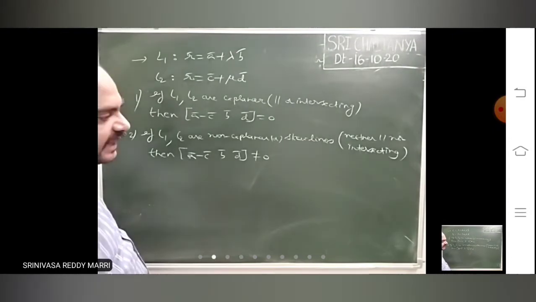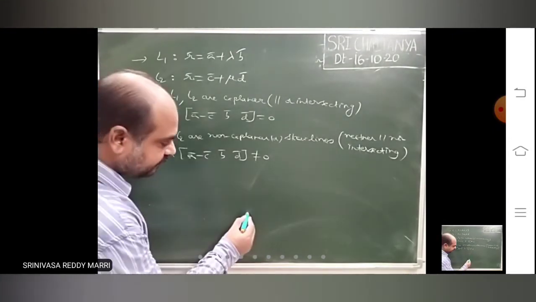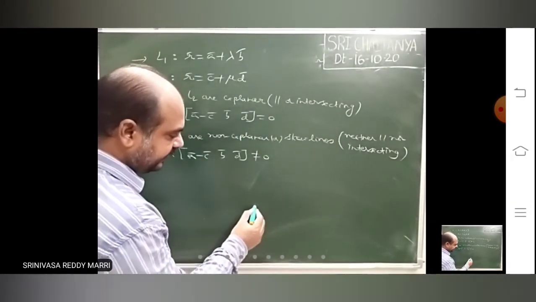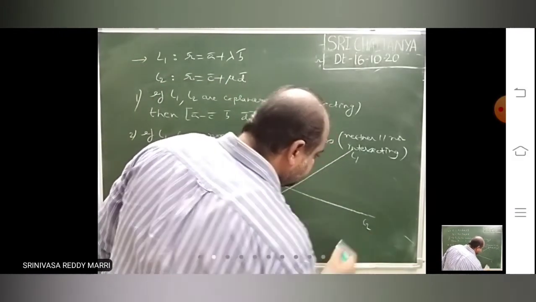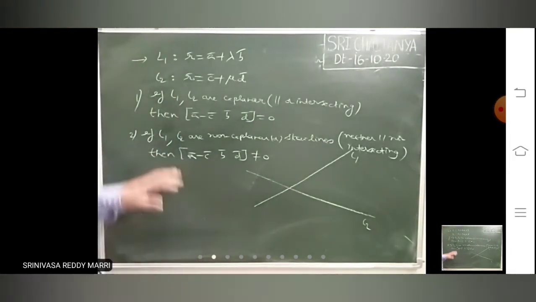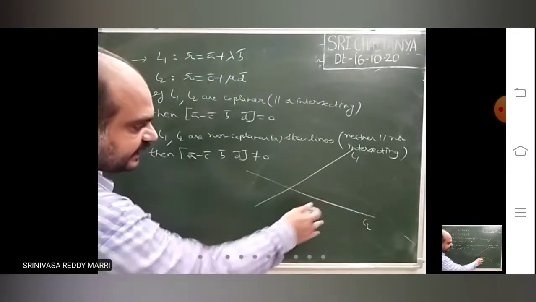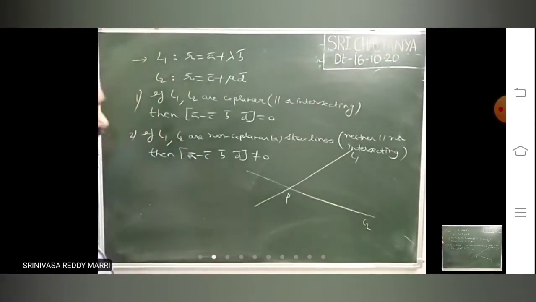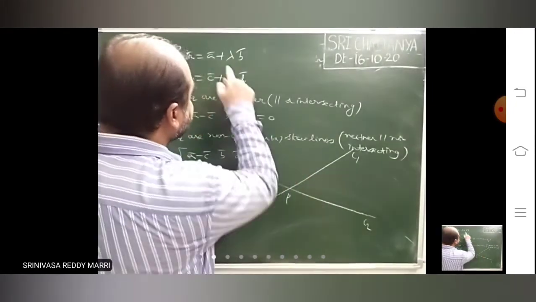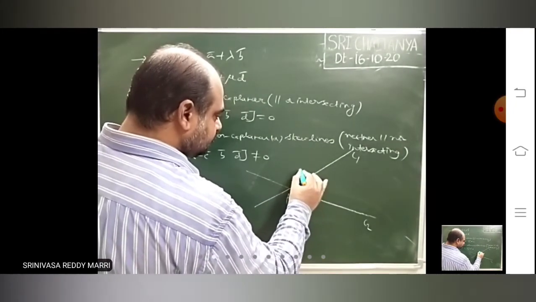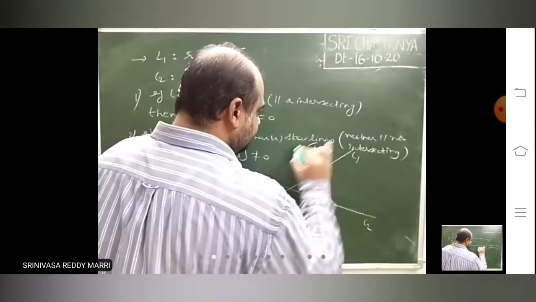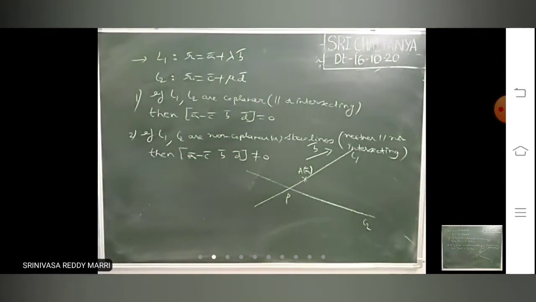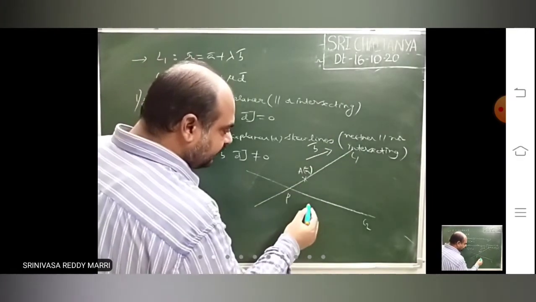Suppose I tell the first condition. Suppose lines are lying in the same plane. Look, this is the board, my plane. On your paper you draw two lines. This is L1, this is L2. They lie on your paper. Let us say they are intersecting lines. They will intersect at P. What is this line actually? This line is passing through point a bar and is parallel to b bar. This line's direction is given by b bar.